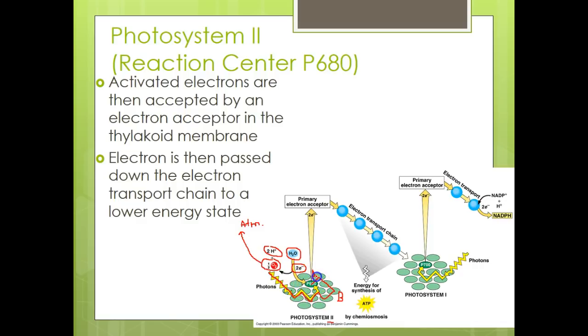Okay, so I know in class we've talked about chlorophyll A and chlorophyll B. Chlorophyll A is kept within the reaction center of each photosystem. Chlorophyll B is kept on the outside of those particular photosystems. So chlorophyll A is kept right here, chlorophyll B is kept everywhere around it, and together chlorophyll A and B